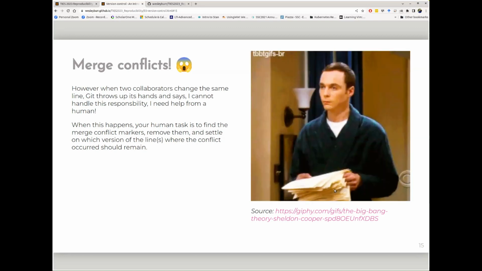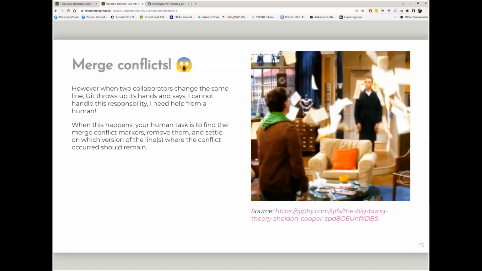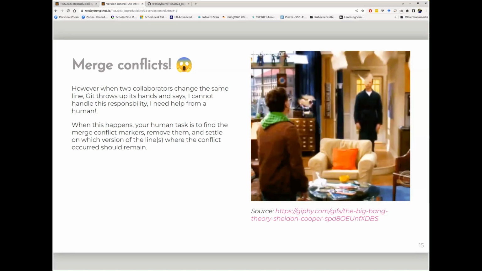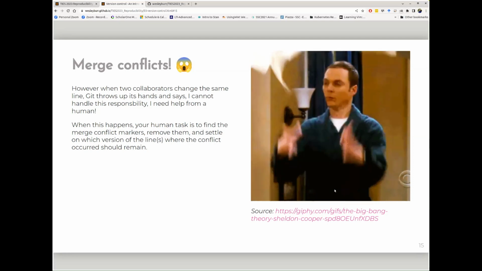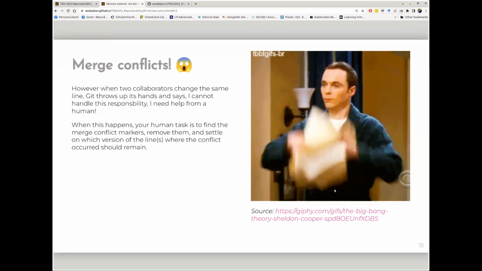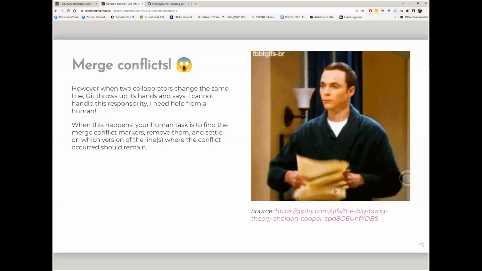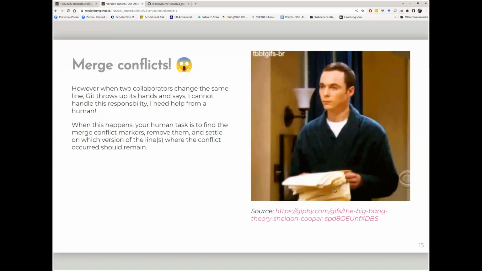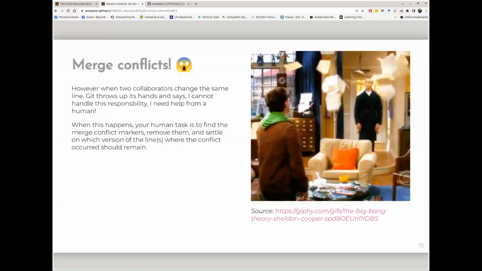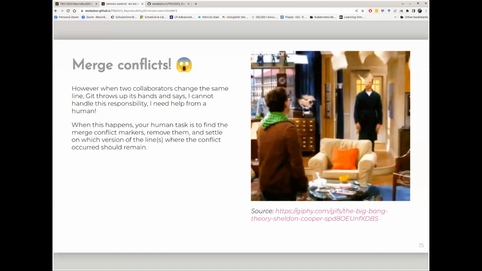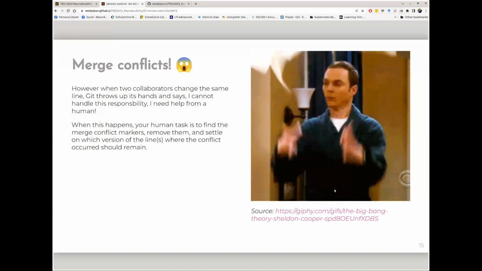And so when this happens, the human task is to find the spot where what's called a merge conflict happened, figure out which version you want to save the file after having done so, add it to the staging area, commit, and synchronize the repositories. It's the most scary thing you typically do when you are working on this sort of stuff, until you get to more advanced topics with branches and stuff, which we won't talk about today.